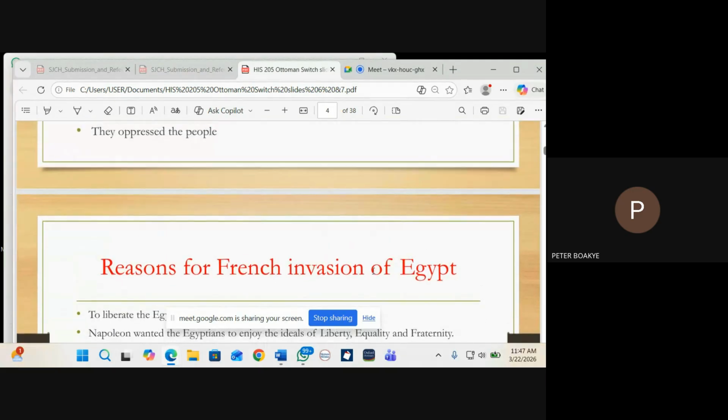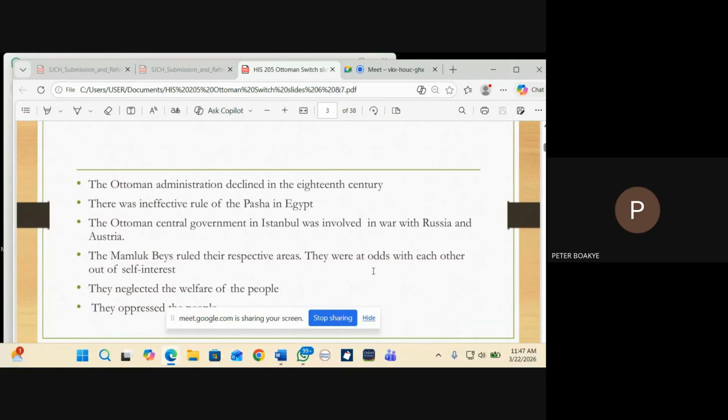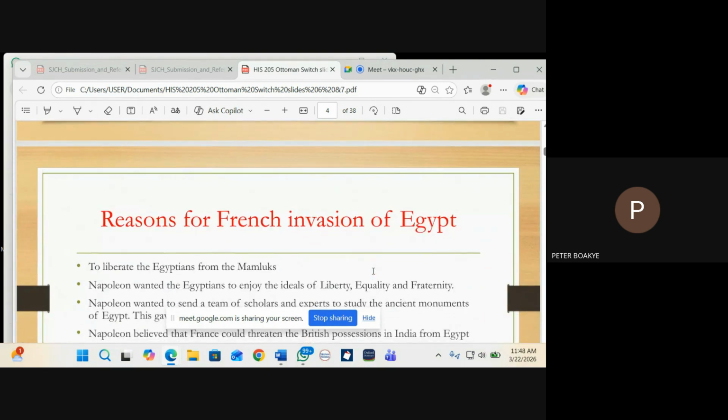And so it was in such a situation that the French would now make strides to invade Egypt. So let's look at the reasons for the French invasion of Egypt. Why? What were the reasons that Napoleon adduced for the invasion of Egypt? So one,